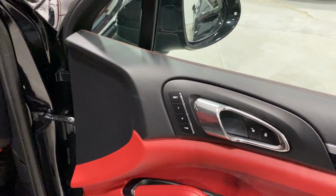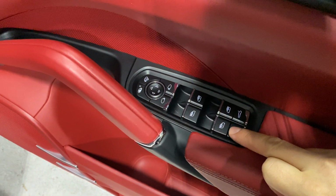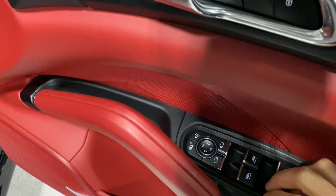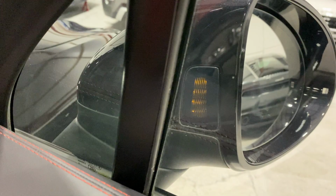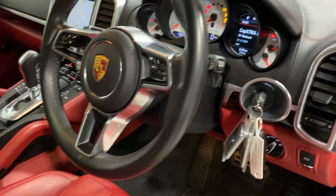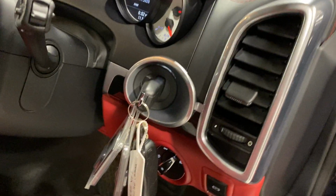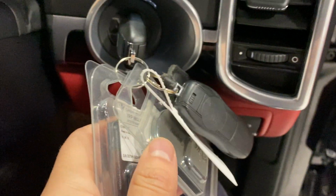Memory settings, lock, unlock, tailgate, window lock, wing mirrors, folding of course, nice option to have, and then of course your blind spot assist, so that turns it on or off. 14-way seats, same on the driver's, no wear there, it's only done 22,000. Auto lights, 2 keys and fobs for the tracker,